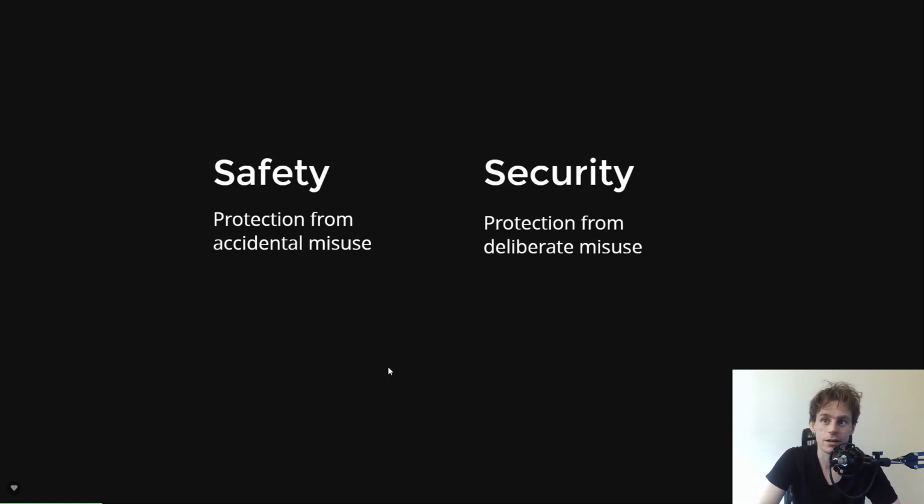But in the world of software, you have these two key areas that we talk about, which are safety and security. Now, most of you have probably thought about security, right? Software security. You get it: you don't want people to hack you. What is software safety, though? Software security is protecting software from deliberate misuse. That's trying to stop malicious people, people who are trying to do you harm, from taking advantage of things.